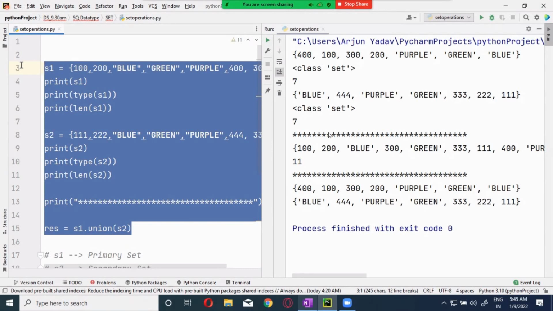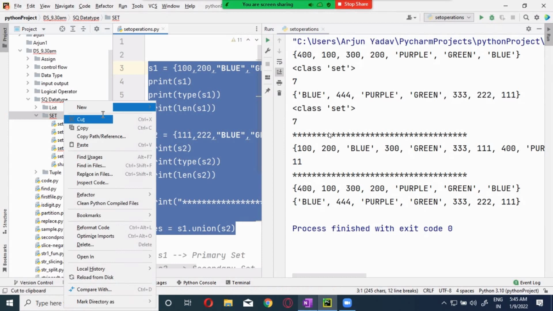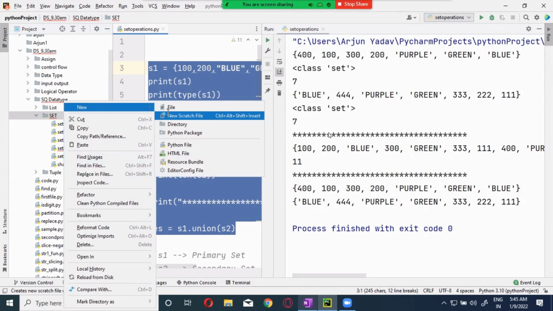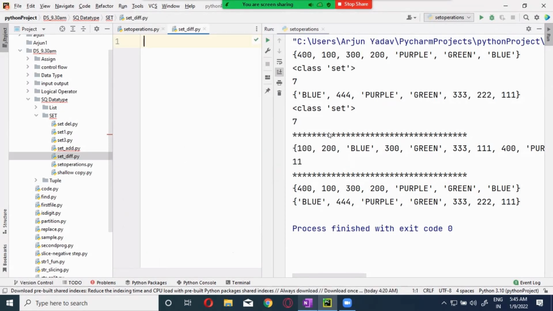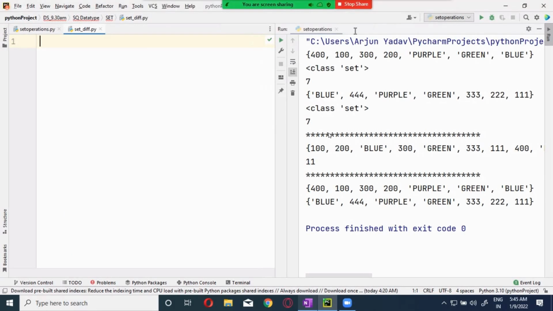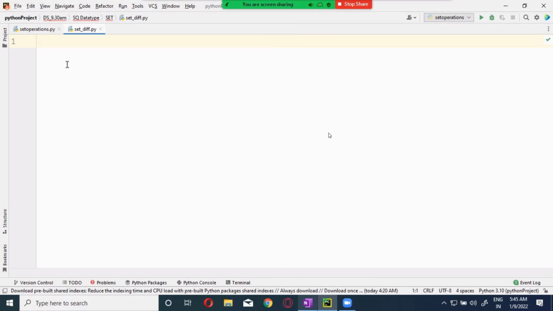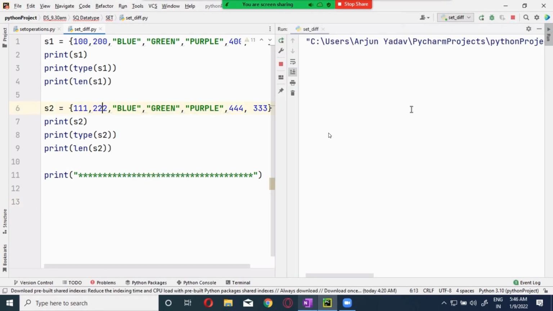Let's take it in a different file so that it is easy for you to understand. I will keep it as the set difference operator. Now let me run this one. Till here it is okay, we know it very well. We have printed it and we will get it.